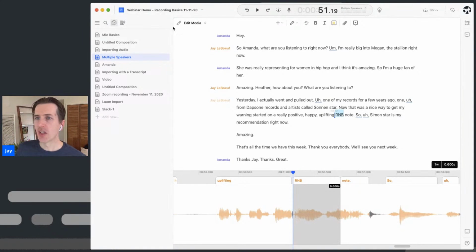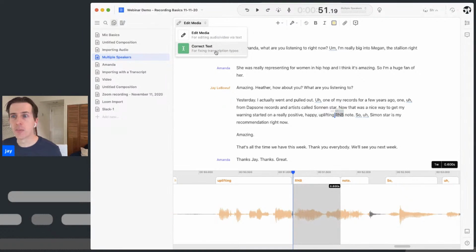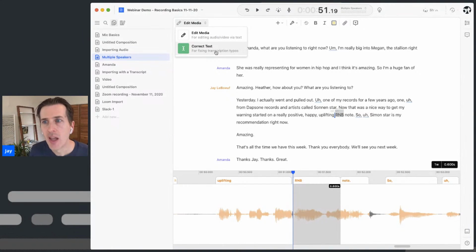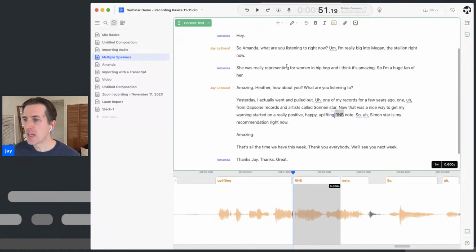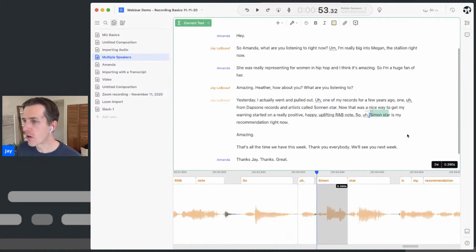So in that case, there's two modes in Descript. There's edit media mode and then correct text mode. Edit media mode, I'd say you have on about 95% of the time. That's for correcting audio and video just by editing the text. Correct text allows you to go in and actually fix some typos. So here I can just say R and B, and let's say the artist is not actually Simon Starr, but